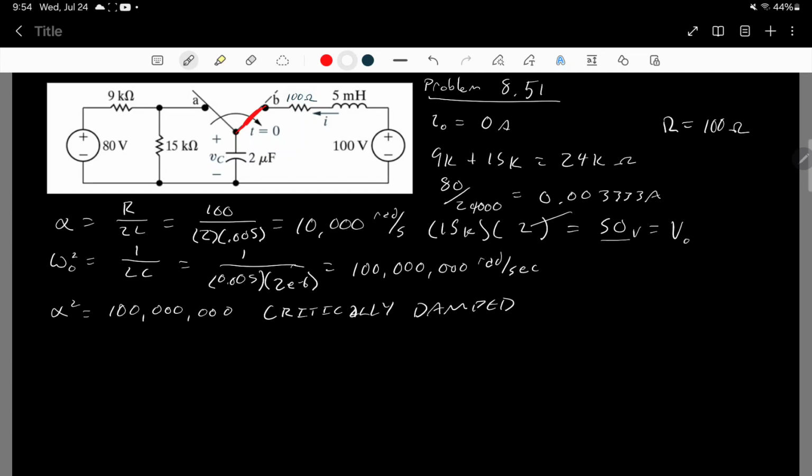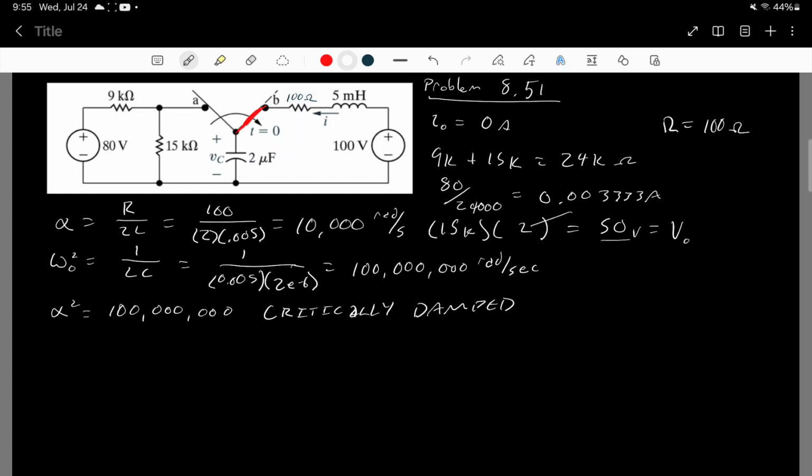As with underdamped responses, we don't actually need to calculate our S1 and S2 values, because we can solve everything with just our alpha value, and then we can find our D1 and D2 solutions. But before we move on to that, we also need to find the final